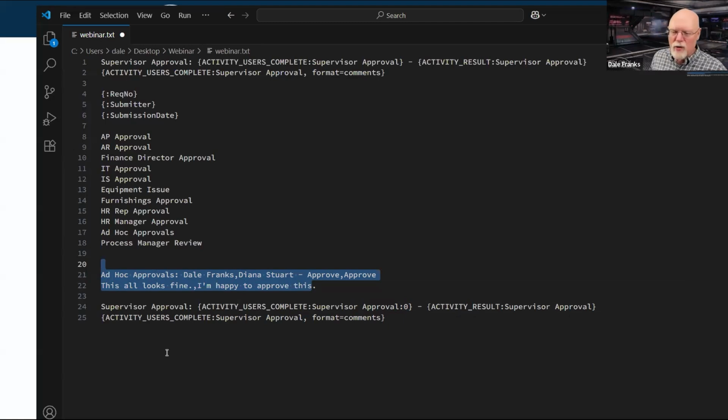You can either try to have multiple ad hoc approver lines where you just try to index them. But if you don't know how many there are going to be, I'm not entirely sure how that would work. There might be a way to do this via a table, but this gets super complex.